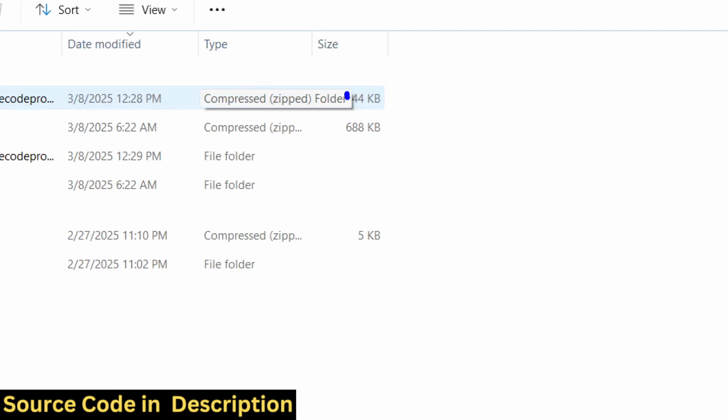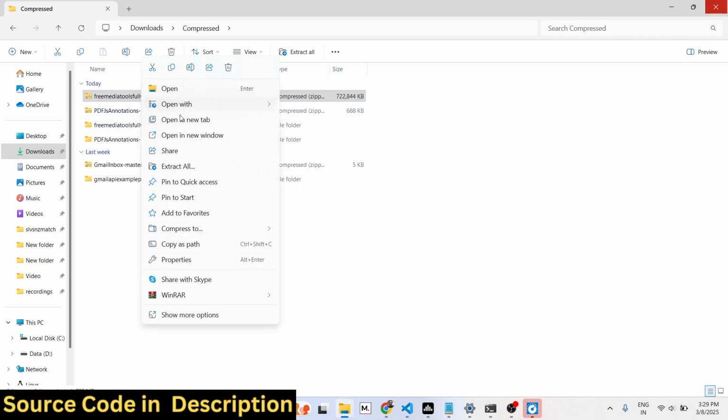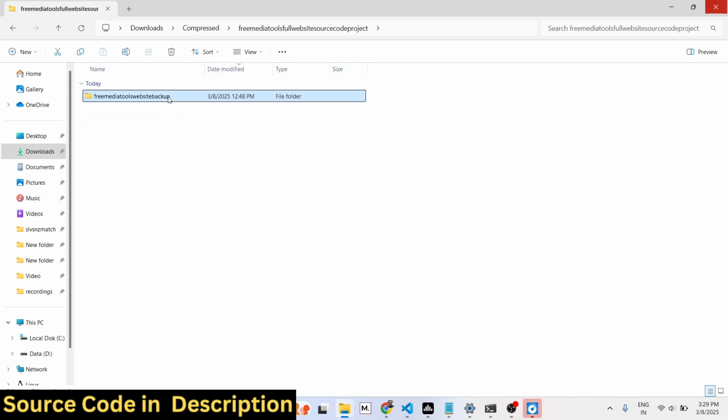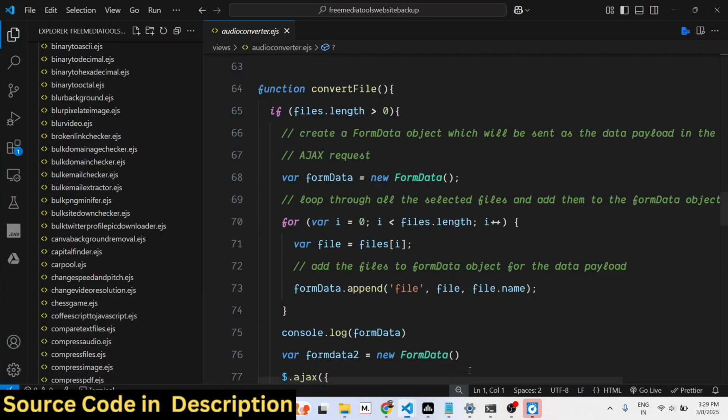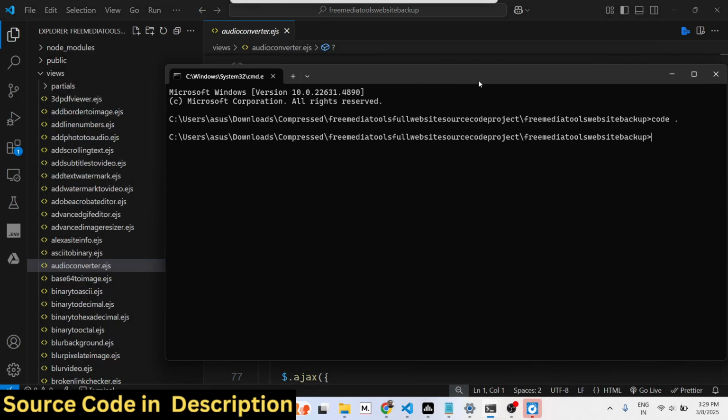So around 722 megabytes, this will be the zip file you will get downloaded from Google Drive automatically after the payment, and then you just need to right click this zip file and extract all. So it will extract all the content, and then you will actually open this website. And now to actually run this project, you just first of all need to